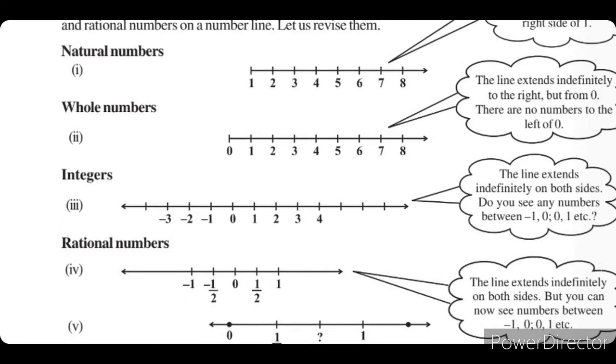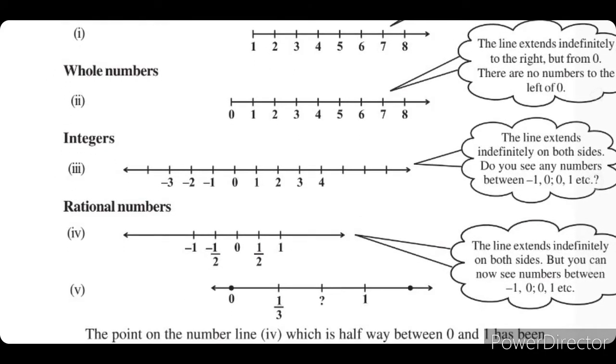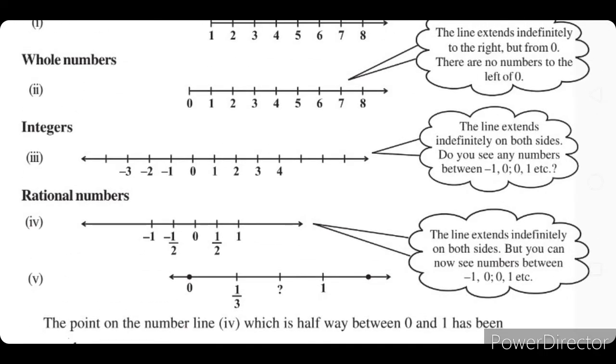Now we will see how to show the rational numbers on number line. So it is just like integers, but the numbers will be shown in the fraction form. 0 in the middle, on the right hand side positive numbers, on the left hand side negative numbers. You can see 1 by 2. 1 by 2 means half. It will be definitely in between 0 and 1, and minus 1 by 2 will be between 0 and minus 1. Similarly we can show all the rational numbers on the number line.